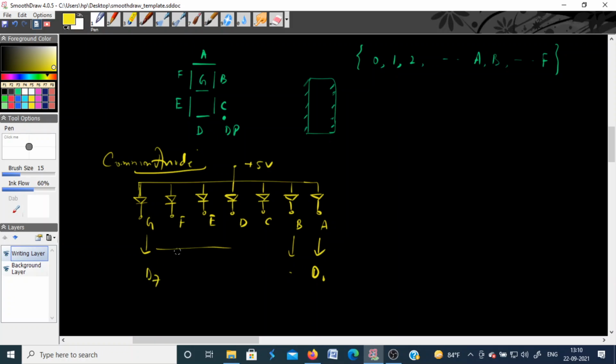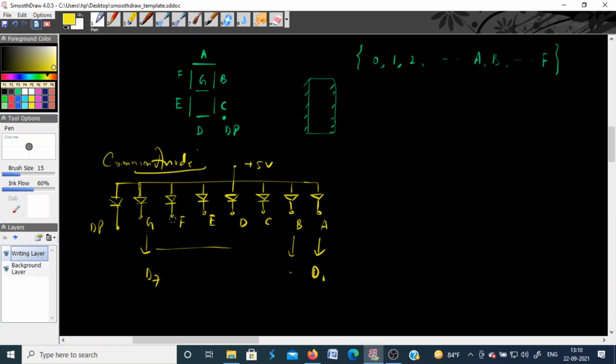You can have one more if this LED includes the display point. If you want to connect it, you can connect it to this also, DP. Otherwise you can keep this pin as not connected. If you do not want to display the decimal point, you can keep it disconnected from the device. So this is what is common anode configuration. This is a physical connection. Basically all the P type terminals are tied together and connected with the plus 5 volt power supply, and